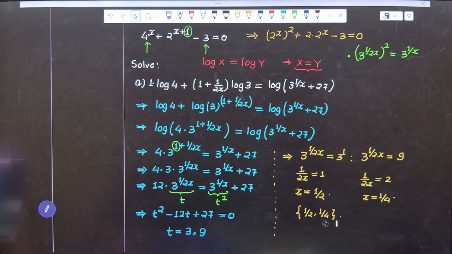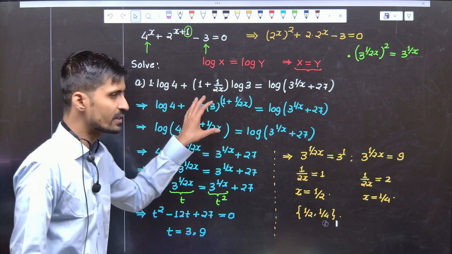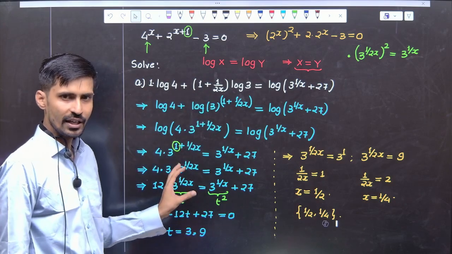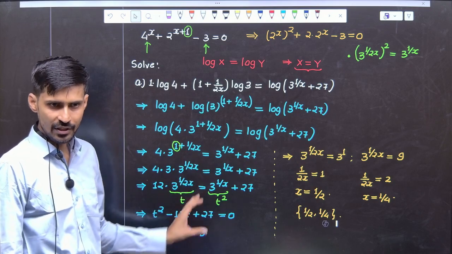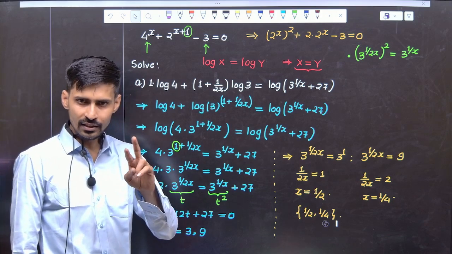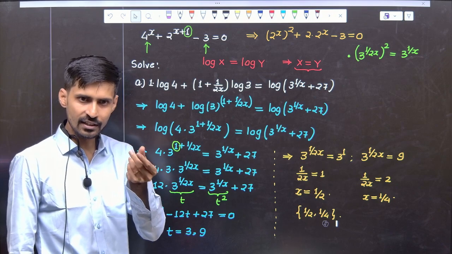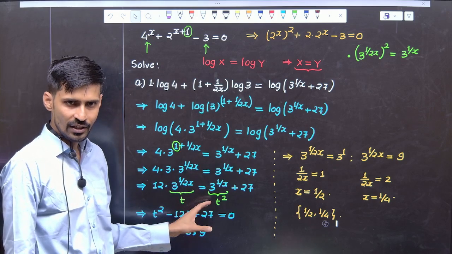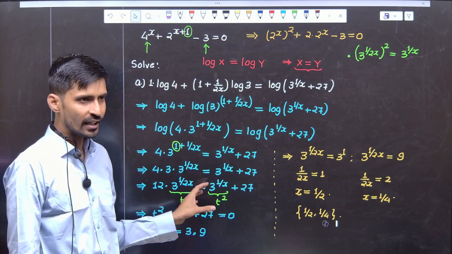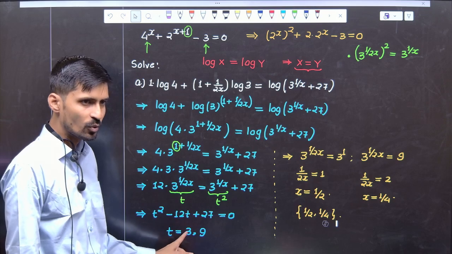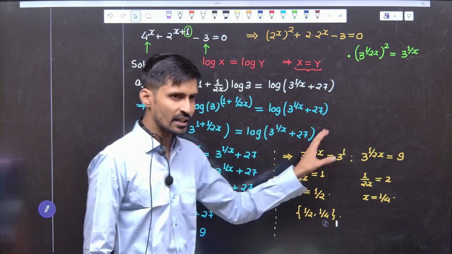So here our question is divided into a total of 3 parts. First part is generating log on both sides. After that step we'll go to the exponential equation. We'll always try to find some square of that x. Do you have an understanding of this? Then one term you will take as t, and the other will become a simple quadratic. Find the roots of the quadratic. And the third step is again